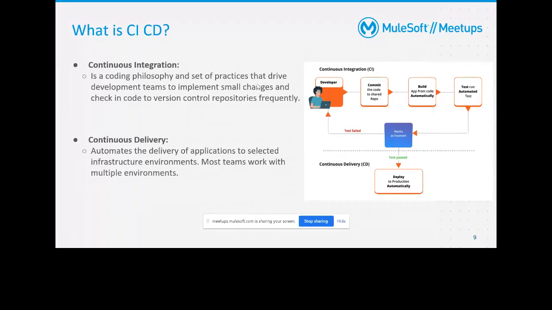As we know, in any development there are multiple developers involved. With CI, developers frequently commit code to a shared common repository using a version control system such as Git.